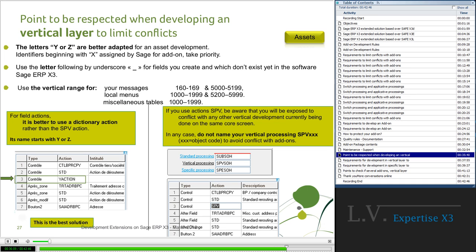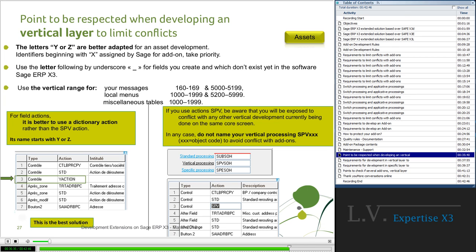Yes, we spoke about add-on, and now it's a chapter about asset. First, the vertical layer. The rule is to use the first letter Y and Z, which are better adapted for asset development.